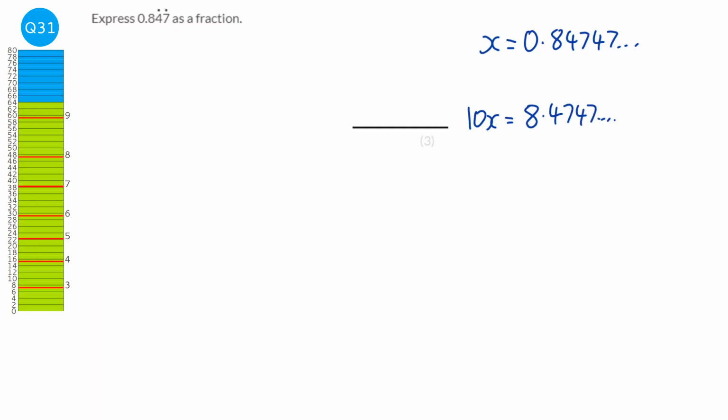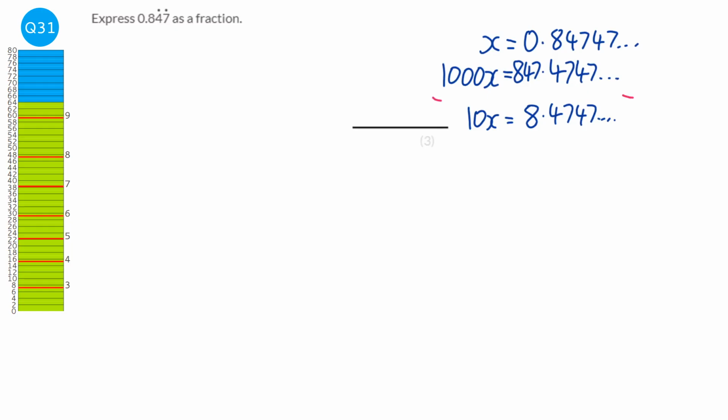And what I want to do now is bring forward one of the occurrences of the recurring pattern. So the 4 and the 7, just one of them. So we're going to times it by 1,000. We'll find out 1,000x, and so it'd be 847.4747, etc. Next, I'm going to take away